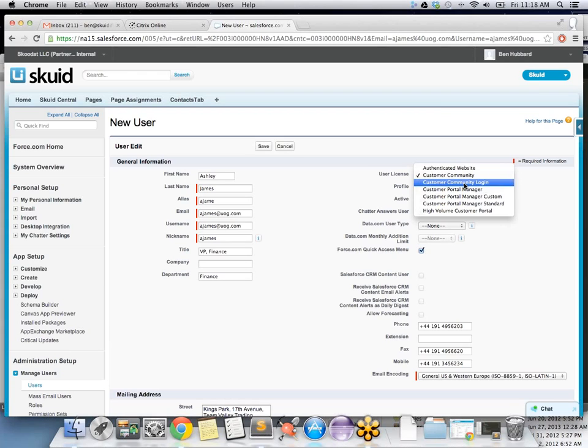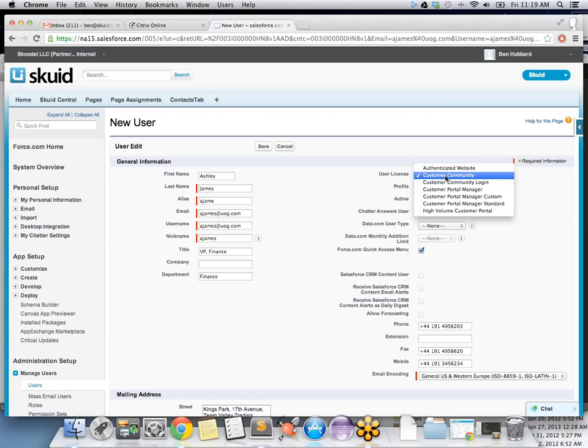And this is where we can talk a little bit about user licenses for communities. There are actually a lot more user licenses in this, but they've all been deprecated or are no longer in Salesforce. Salesforce will not sell any more of those other license types. But the ones they are still currently selling are authenticated website, customer community login, which is the same thing as customer community, but it's a charge per login type license. Customer portal manager, and a couple. I'm not going to go through all of these, but